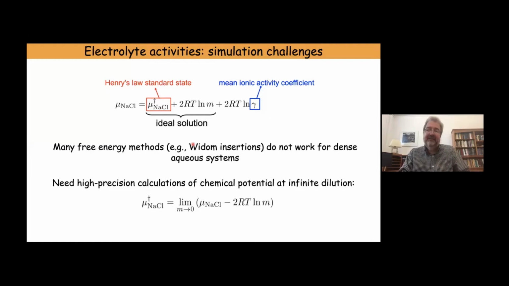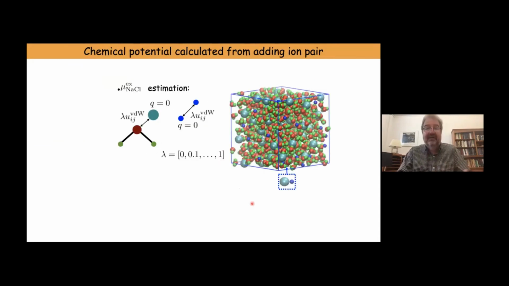Many standard free energy calculation methods, such as Widom insertions, for example, do not work for dense aqueous systems and strong interactions. And the chemical potential at infinite dilution is not a simple quantity to get. So how did we solve this? This didn't require tremendously original methods, but essentially it's a well-calibrated thermodynamic integration method that we can use to get the chemical potential